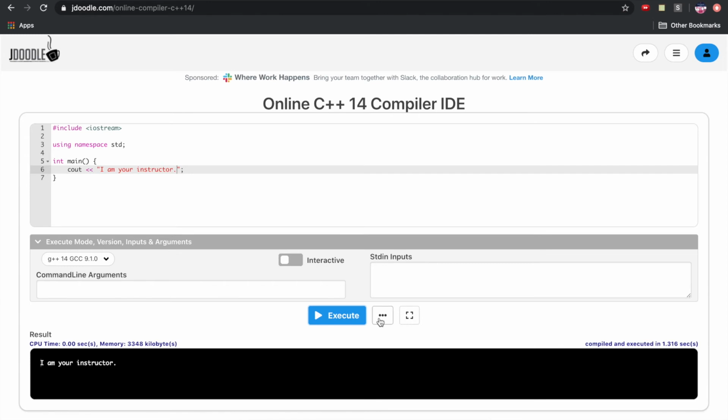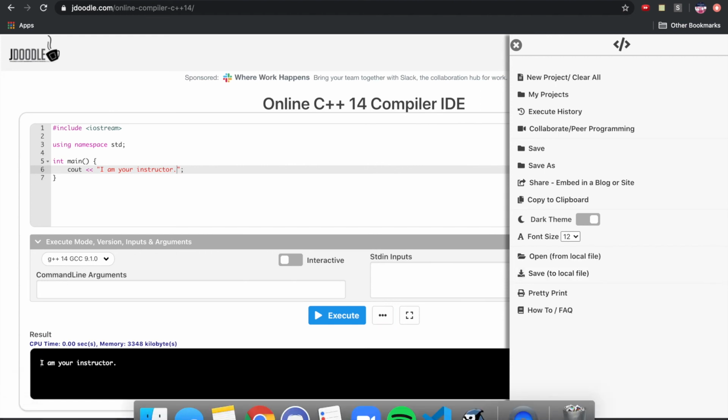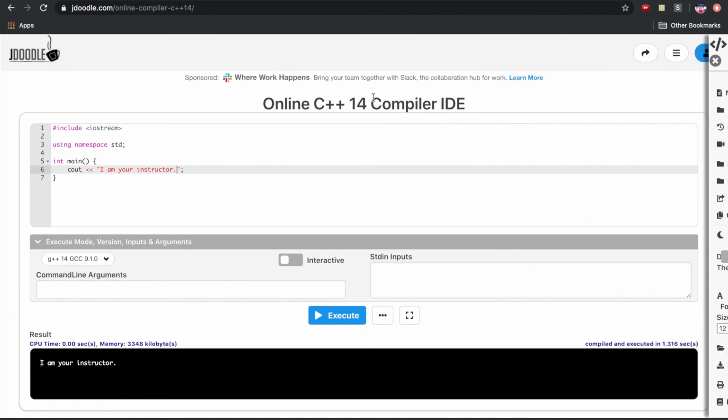And so what we can do, if you want to save all your programs so that at the end you can look through them, and if you want to remember something from the past, you can look through it. You can click save to local file and it'll download it. Then you can go to your Finder or whatever it is and change the name to, for example, Hello World in this case. So good luck with your first assignment,